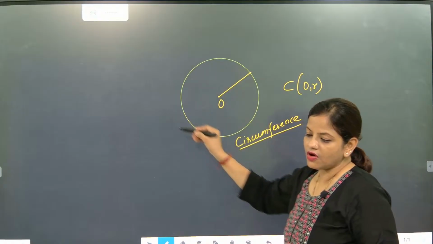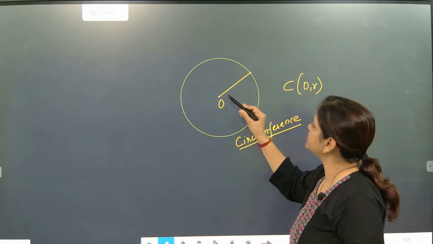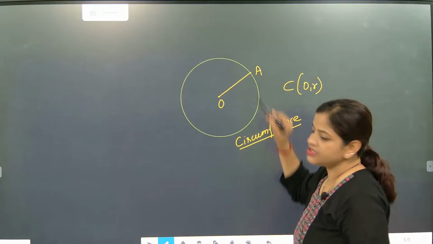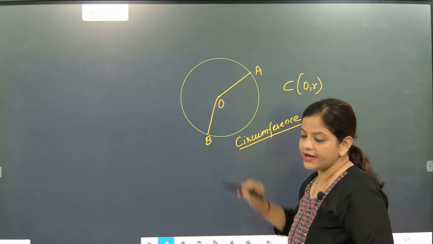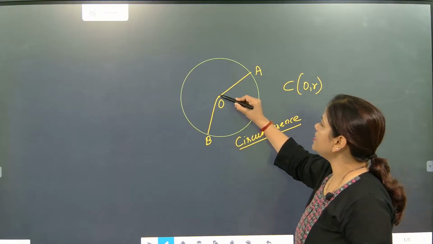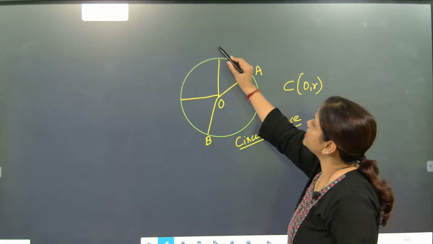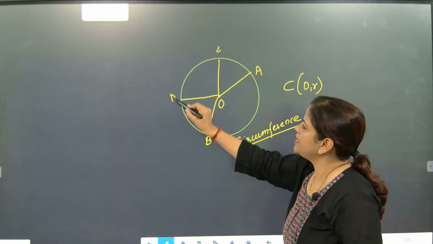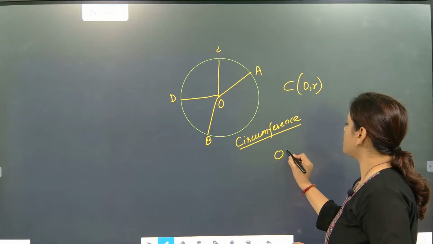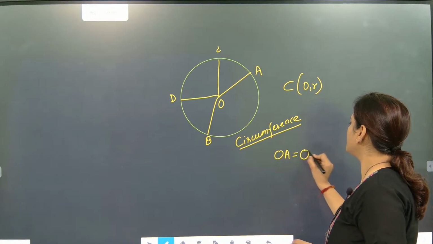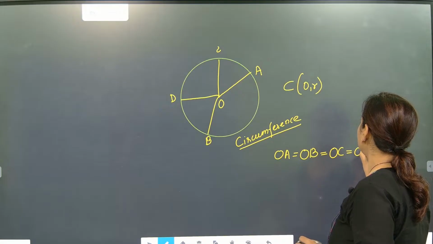So this boundary is called circumference. This is center and this is circumference. The distance between this and this always remains the same, and it will be considered as what? Radii. So how many will we draw? All of them will be equidistant. So this will be C, this will be D. What are we calling it? We are calling it radii. So we will call it OA is equal to OB is equal to OC is equal to OD, beta,